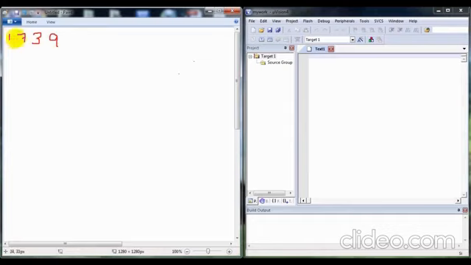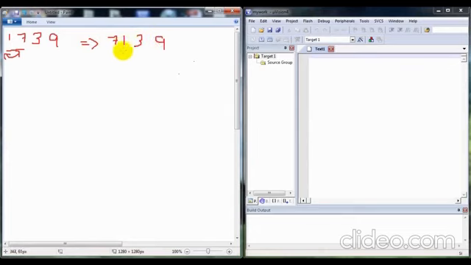Let's check. Here 1, 7, 3, 9. First we have to compare 1 and 7. Here 1 is less than 7, so we have to swap these numbers. By swapping, we will get 7, 1, 3, 9.